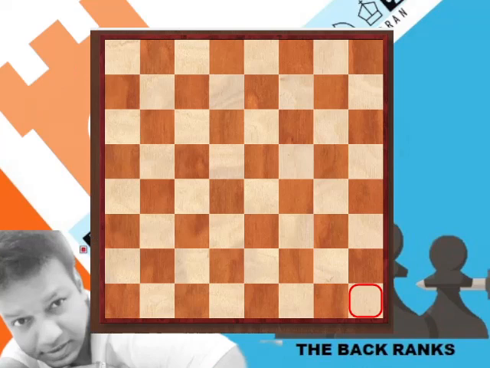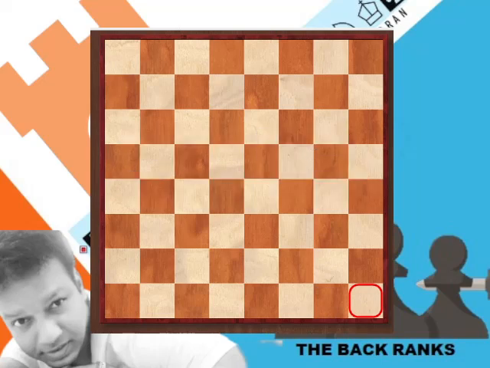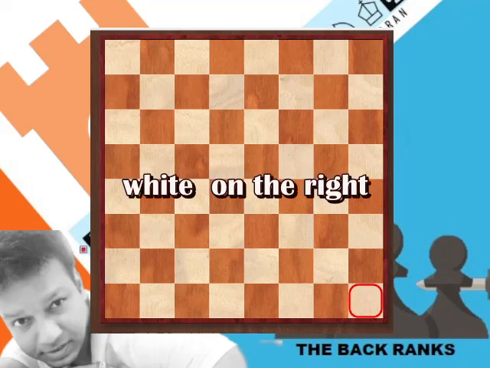The chessboard is an 8x8 grid of alternating colored squares. Half of the 64 squares are called light squares, while the others are known as dark squares. If you have a chess set and want to start a game, the first thing you need to do is to get the board set up correctly. Lay out the light square in the bottom right corner. It is important to orient the board in the right direction so that each side will be set up correctly. An easy way to remember this is white on the right.